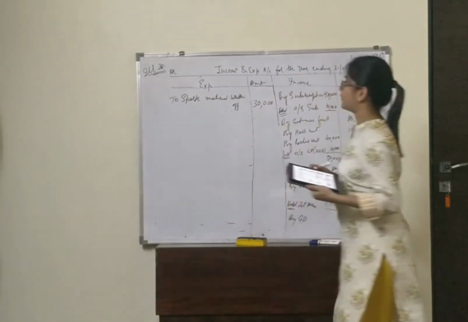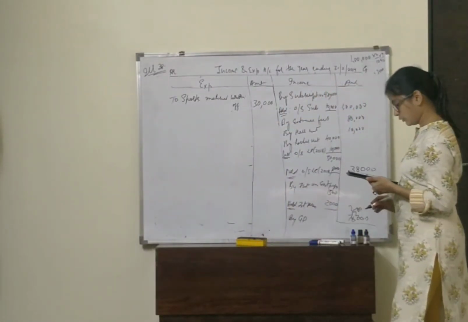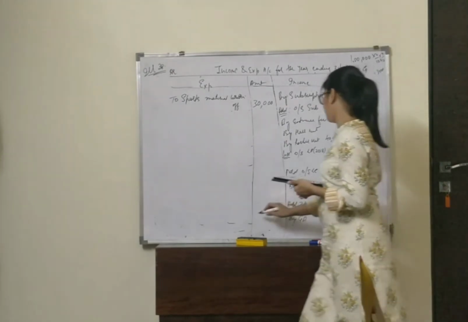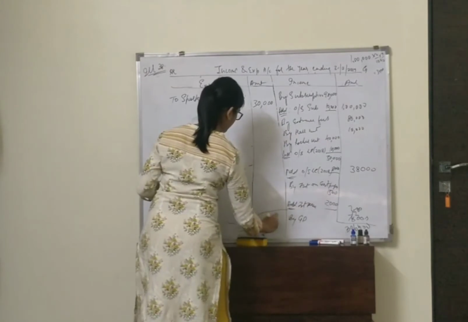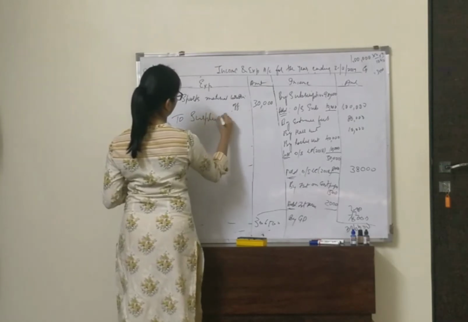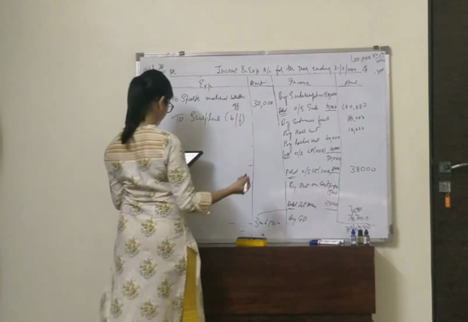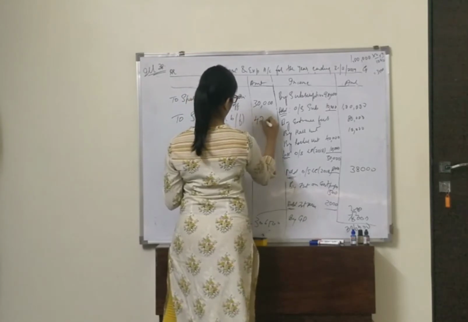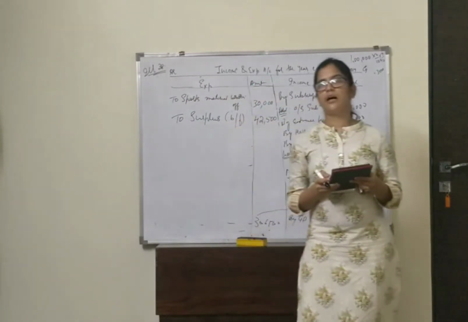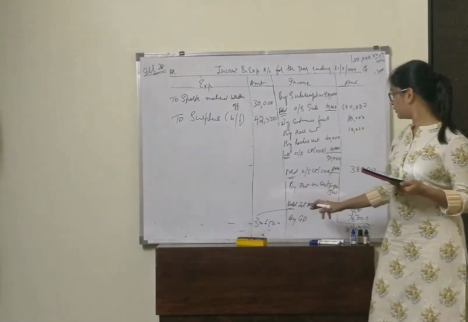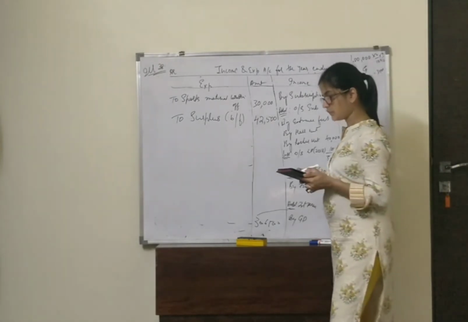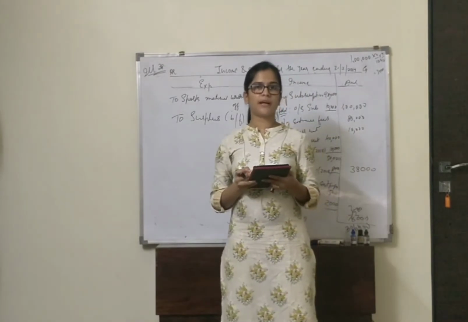So which side is more, debit side or credit side? Our credit side is more. The total is 3,06,500. So what is the balancing figure? It is surplus, 42,500. I will be giving you the note after this sum on subscription, on our interest received on government papers, and also on prize fund investment.